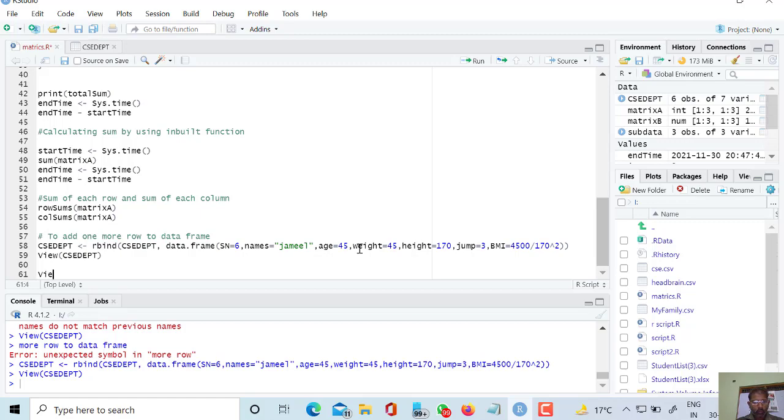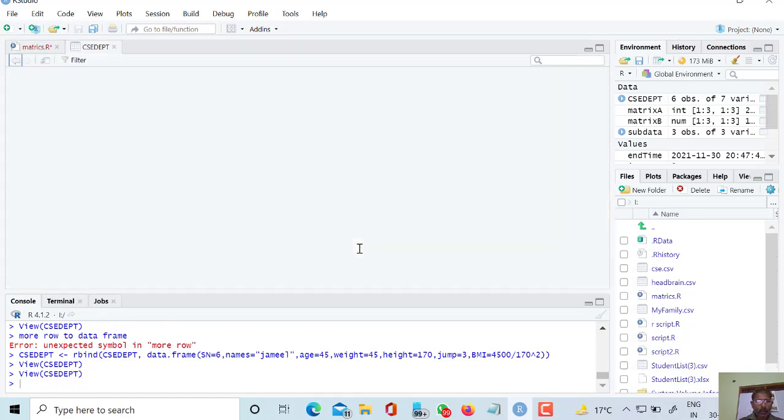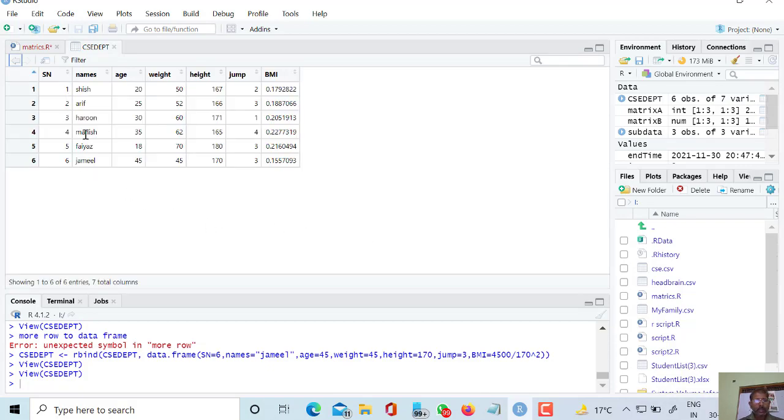So view CSE department. Once again I am executing this code, and here we can see that Jamil sir has been added here.